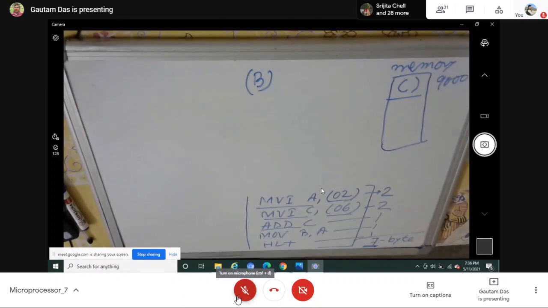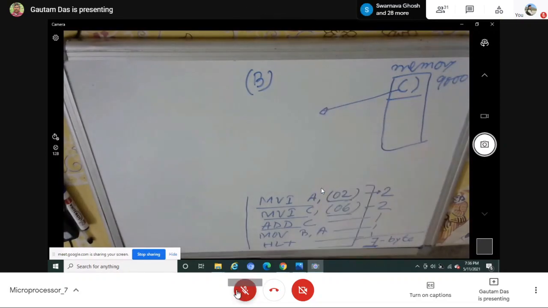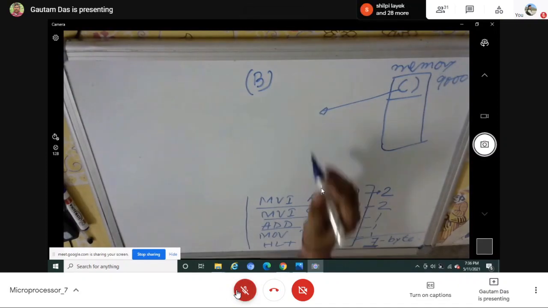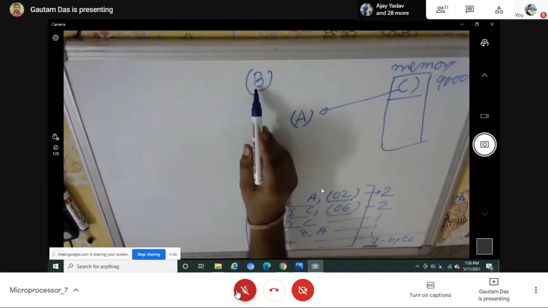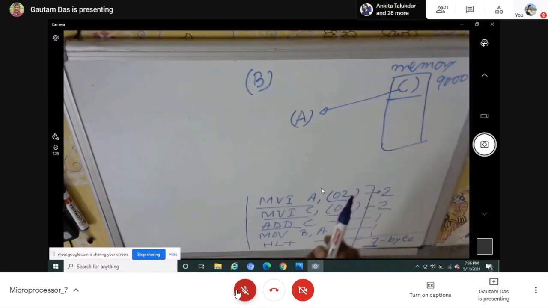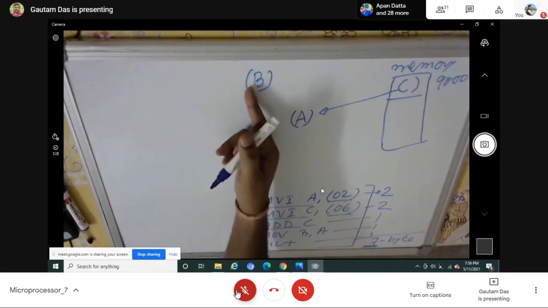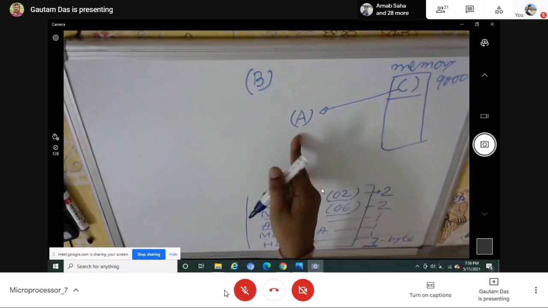Sir, first I will have to read the data from that memory, then save it in the accumulator, then do the addition. That is, Sir, you want to transfer or move this data where? Accumulator. Because out of these two data, one is at B and the other is at memory. For addition, it is a mandatory requirement that out of two data, one data you must keep in the accumulator. So which data will you keep? You can keep the content of B in the accumulator, no problem. Or if you think, no, I will keep the memory content in the accumulator, both are possible.